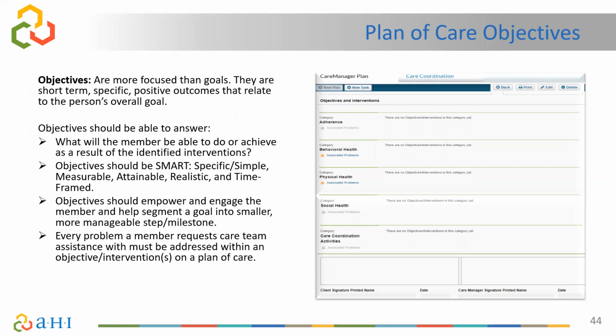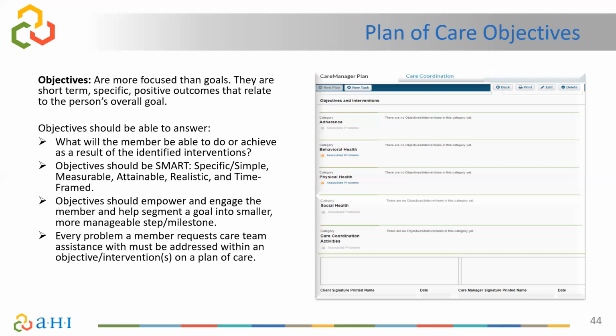And then every problem that the person requests the care team assistance with should be addressed within that objective or intervention on a plan of care. So if they have an identified problem around food insecurity, we should be working toward assisting them in that area, so that it is no longer an issue, or it's brought down to not be such a significant issue in